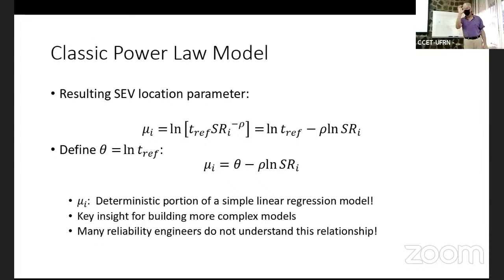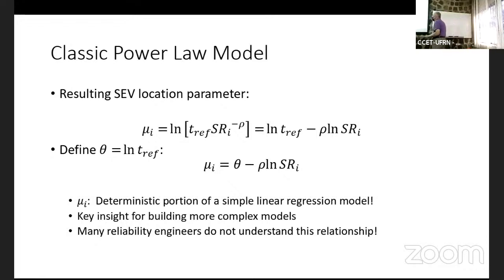What's the log of 1? It's 0. Theta then would be the characteristic life at the use condition if I define things in terms of the use condition. Are we seeing the value of scaling the stress? Otherwise, T-ref is just kind of a nuisance parameter in the sense of simple linear regression, because we rarely are interested in the Y-intercept. Some cases we are. In this case, I can make the Y-intercept the entity of complete interest. So far, so good?